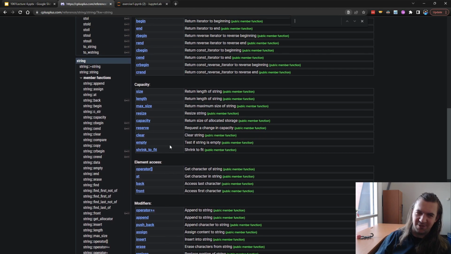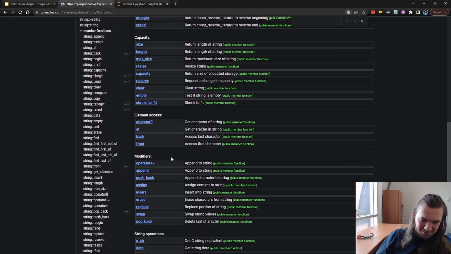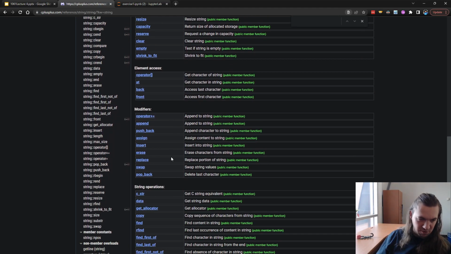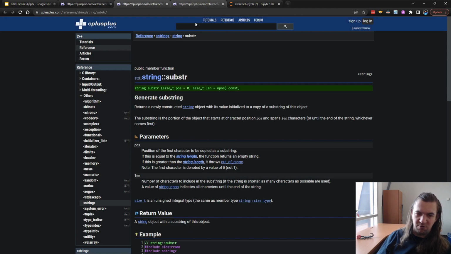Too used to Python, I suppose. In Python, you can just type in split, and it gives you the two as a list. But I need to do something different. So what I can do is use a combination of substring and find, and these two together should give me my solution. I want to use substring to give me new strings